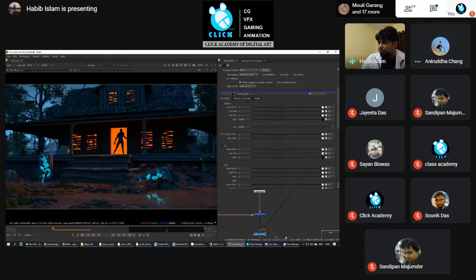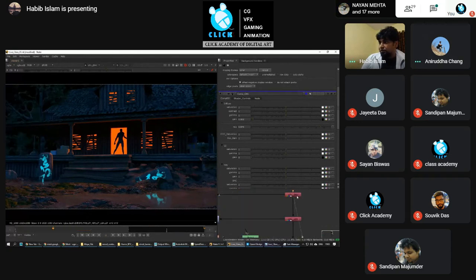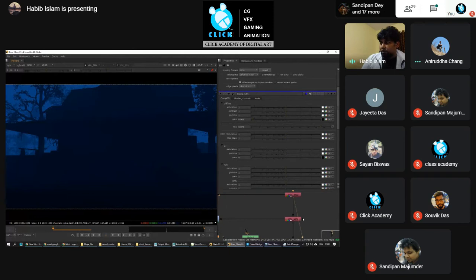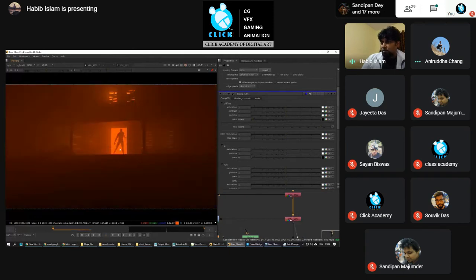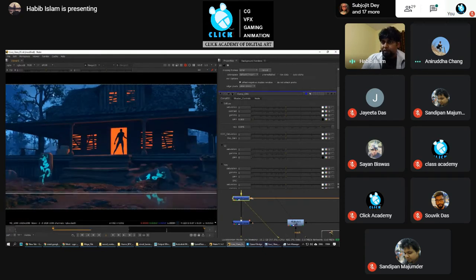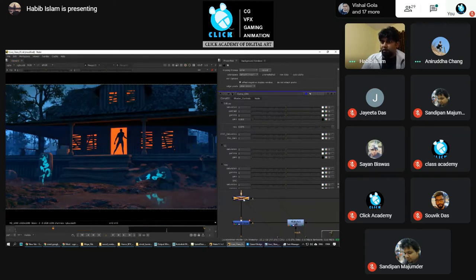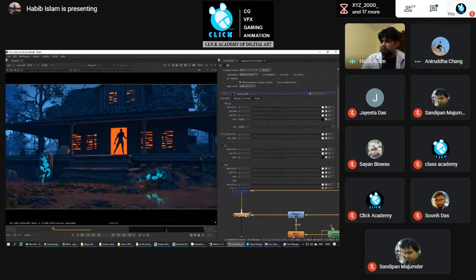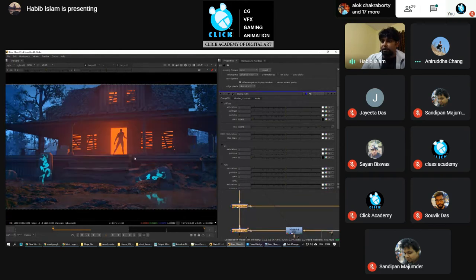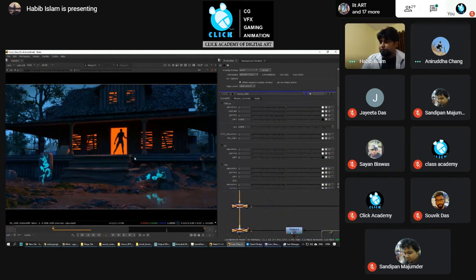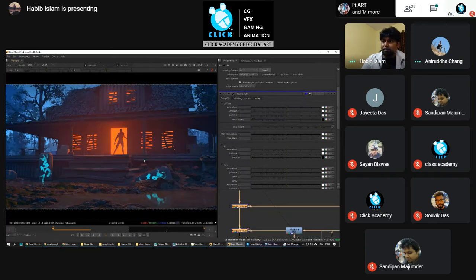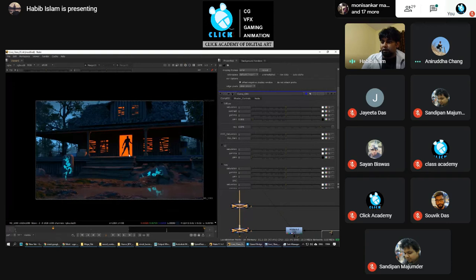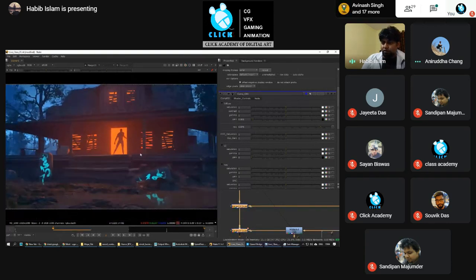After adding the sky, I'll be adding all the fogs. As I showed you, this is the environment fog. This is the door fog. So I've added the environment fog on top of the BG and sky. Before adding the environment fog, I added the sky, then the environment fog. You can see the changes. This is looking too dark and too dull. After adding the fog, it's looking very fantastic.